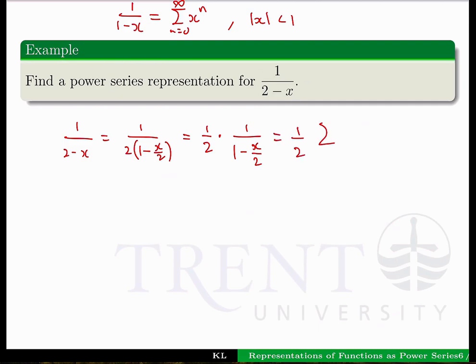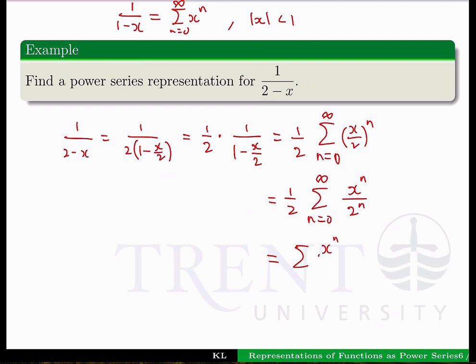Or as a power series, now we can write this as 1/2 times the sum from n equals 0 to plus infinity of x over 2 to the power n, or we have here 1/2 sum n from 0 to plus infinity of x to the n over 2 to the n, or we will have sum x to the n over 2 to the n plus 1, n from 0 to